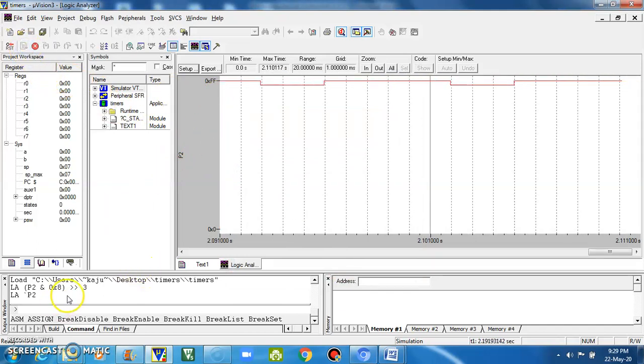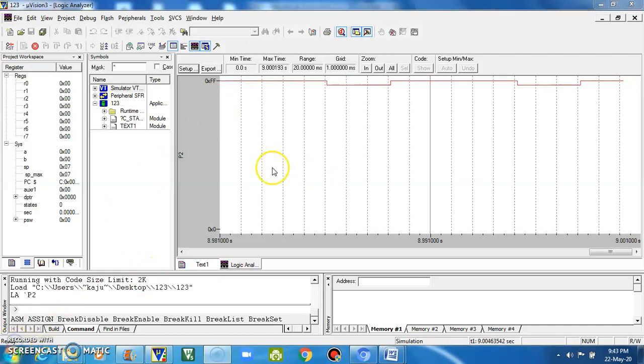When you run the program, you will get the waveforms. Click on zoom in here. Okay, zoom out. You will come to know very clearly. So this is your logic 1. Completely this is logic 1, this is logic 0. Again this is logic 1, again this is logic 0.